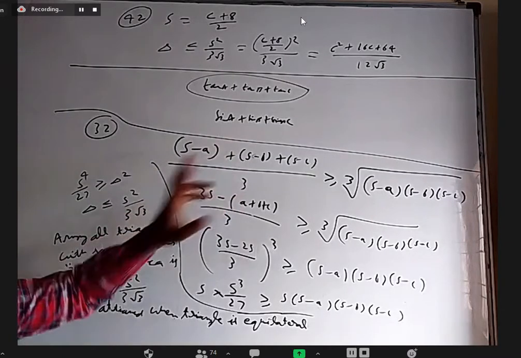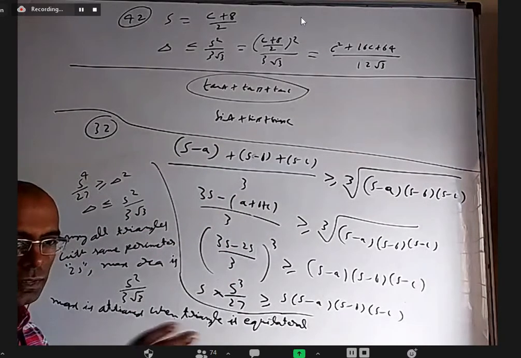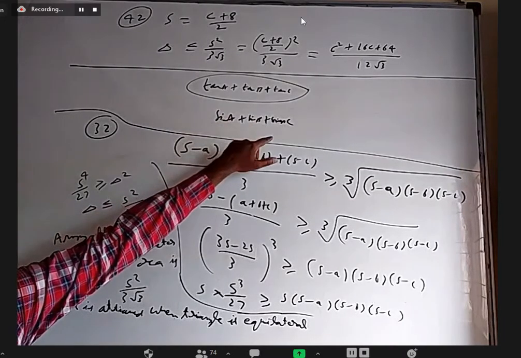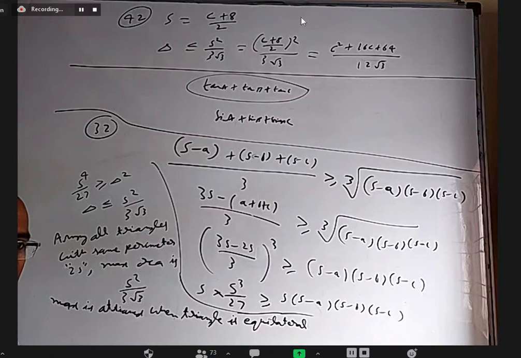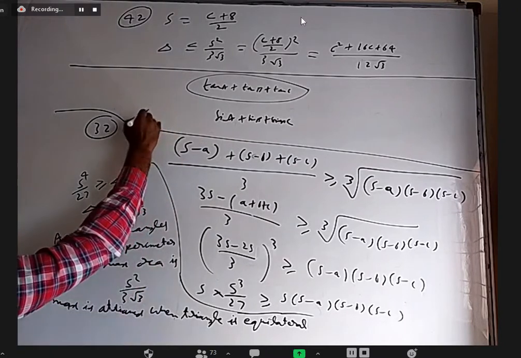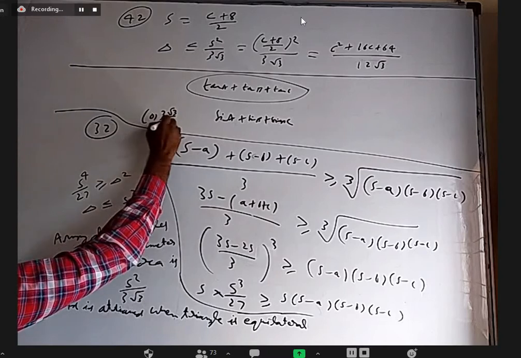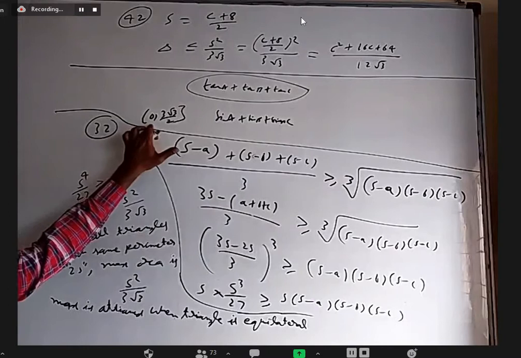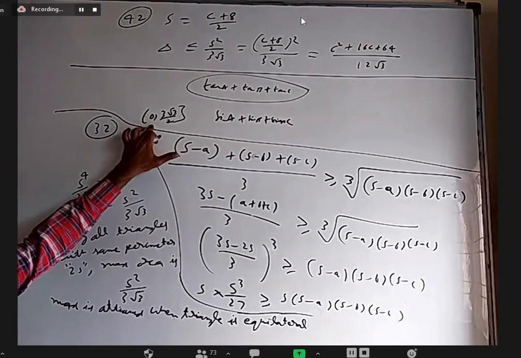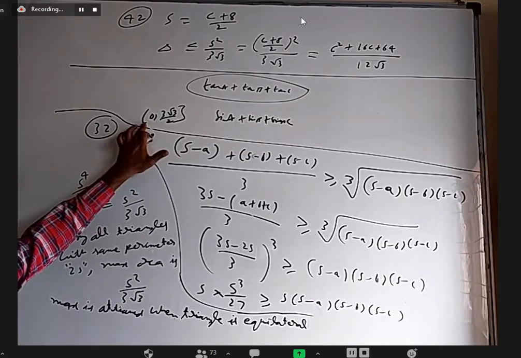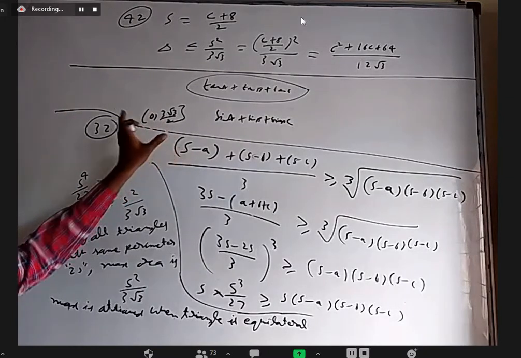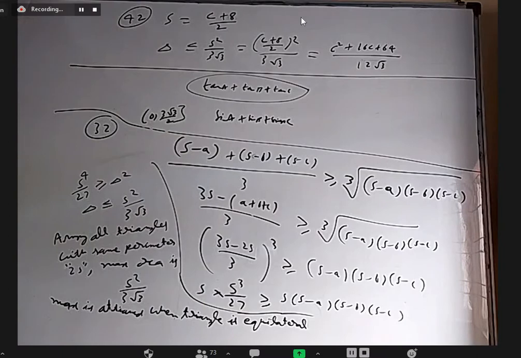When two angles are coming very close to 0 and the other angle is tending to very close to 180, this is tending to 0, this is tending to 0, this is tending to 0, this sum will be tending to 0. That's good. I think we can strongly say the range of this is open interval 0 to closed interval 3 root 3 by 2. It will never become 0, but it is tending to 0, because if all are 0 and 180 it is not a triangle. And an equilateral triangle is maximum. How to prove it, we'll see. Okay, but I just want you to get a feel of the expressions overall.